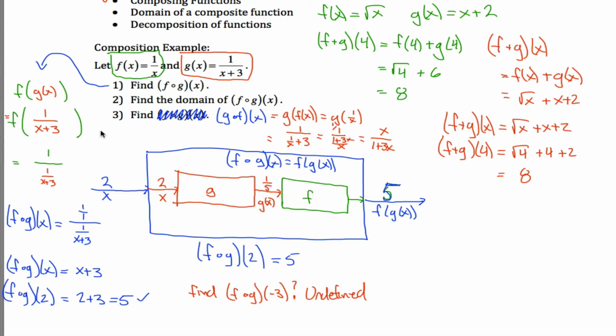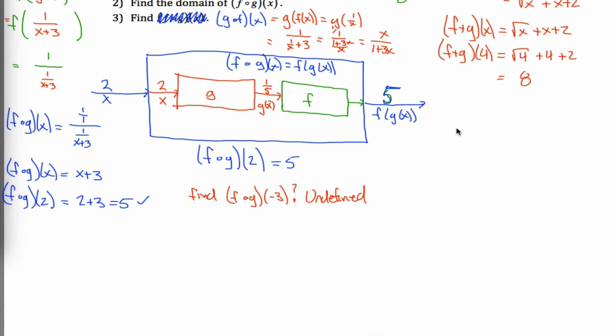Let's talk about the domain of a composite function. There's a rule. To find the domain of f of g of x. Or how about just f of g? To find the domain of this composite function here, what do I do? I'm going to break it down into a multiple step process. I'm going to say step 1 is